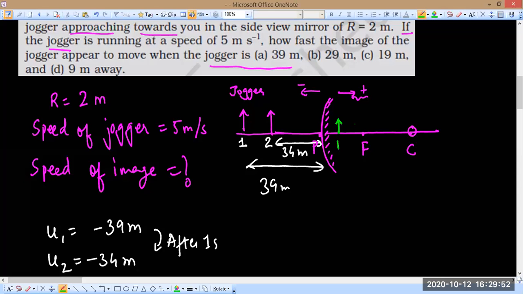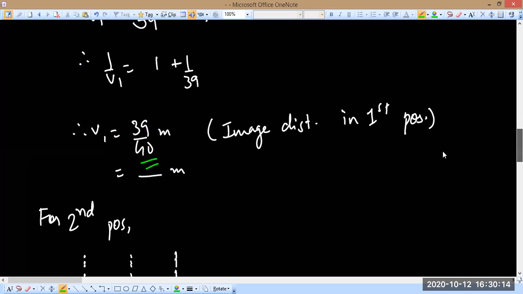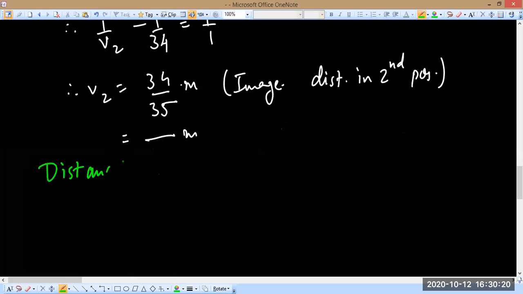Now in position 2 the image has moved a little bit. So the distance between these two is how much distance it has moved in 1 second. All right, I hope that is absolutely clear, right? The distance between these two will be the distance moved by the image in 1 second. So let's write it. Distance moved by image, or you could write image moves a distance. Distance traveled, you can write that, no problem. Distance traveled by image in 1 second is